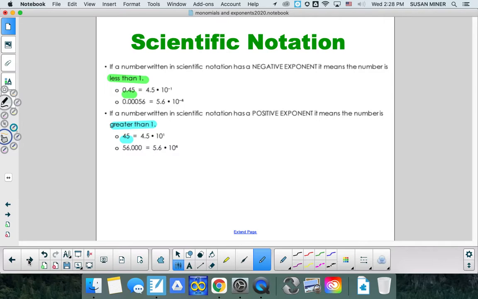So scientific notation uses negative exponents. So if a number is written in scientific notation, we use a negative exponent. And that means that the number itself is a number less than 1. And it kind of looks like this. And the reason why we put times 10 on the back is because we're actually talking about place values. And if you'll remember back in elementary school, when you talked about place values before,